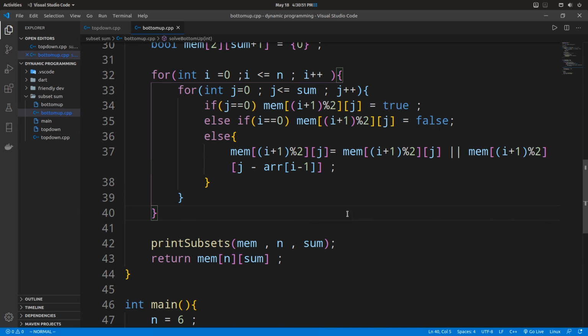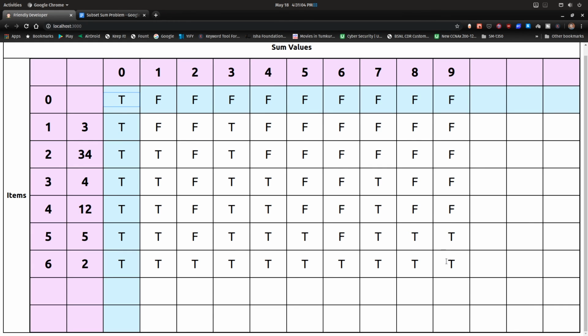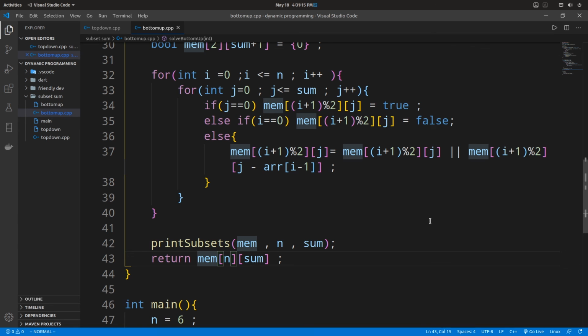And once this is done, when we are returning the final value, that is the last value in the table, since we are not using the whole table, we only need to circle back to just either of these two rows. So to handle that condition, we again take a modulus here with 2.